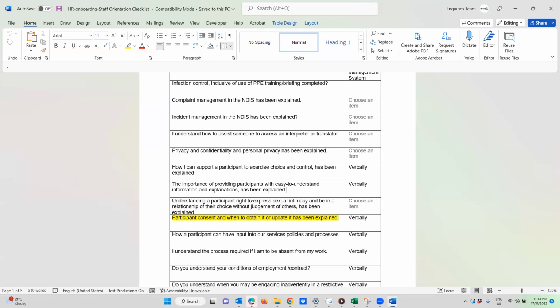We want people to understand that, yes, even people with an intellectual disability are going to have some needs. And it's good if you can get people to understand that. Your service delivery will be better if people can understand what the rights of your participant client group are. And for those of whom it's a taboo subject, we have to put that taboo at the door when we're working on our work days. Participant consent and when to obtain it.